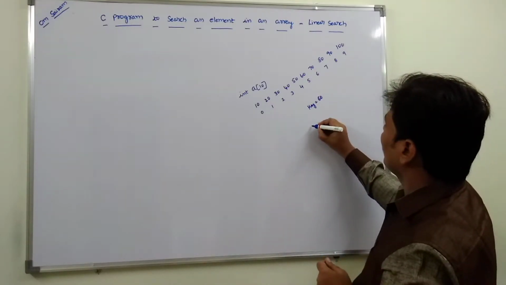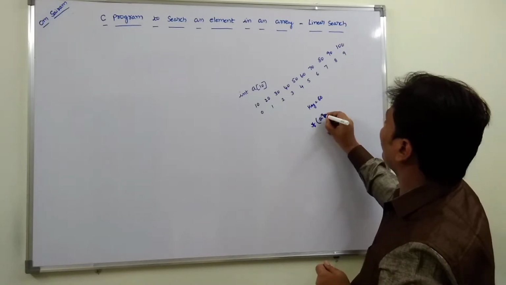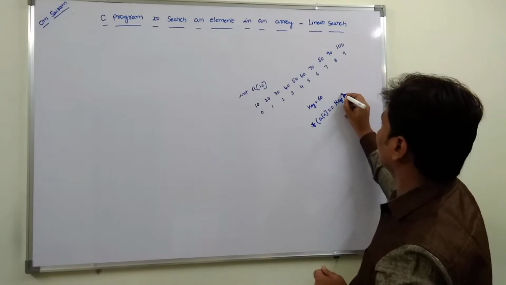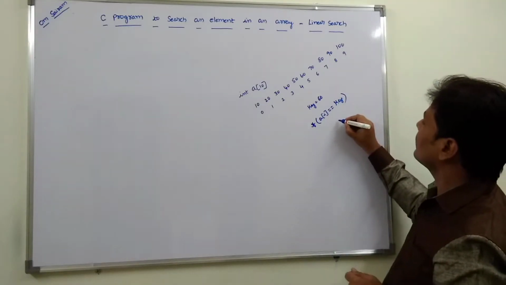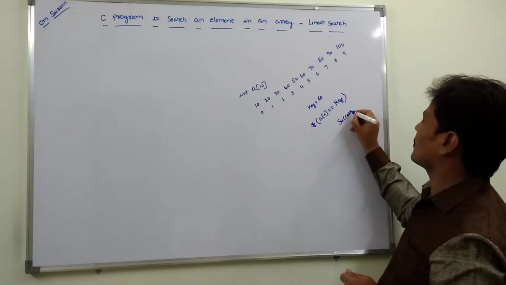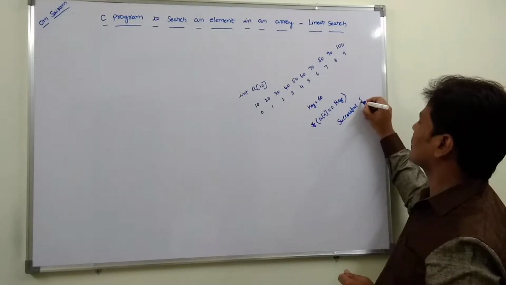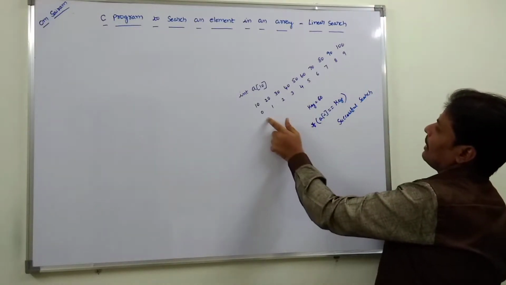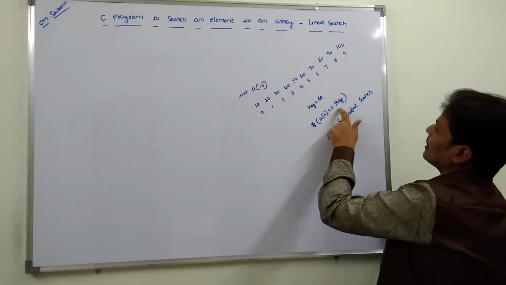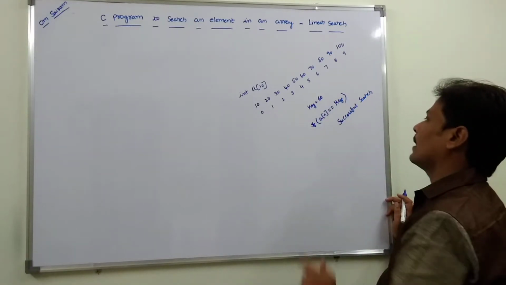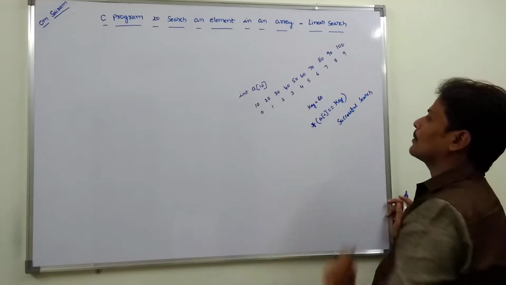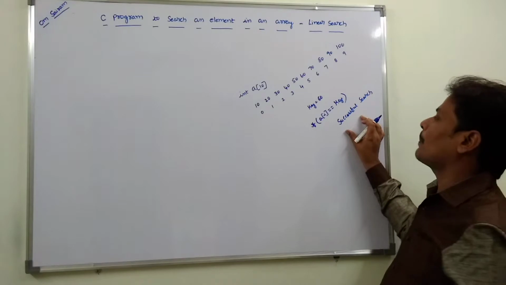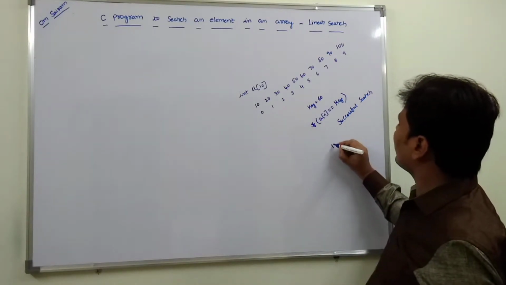So if A of I is equal to the key element, and it is true, then it is a successful search. Here A of I is nothing but A of 5, which is equal to the key element 60. A of 5 equals 60, so we can say that it is a successful search. Suppose the key element is